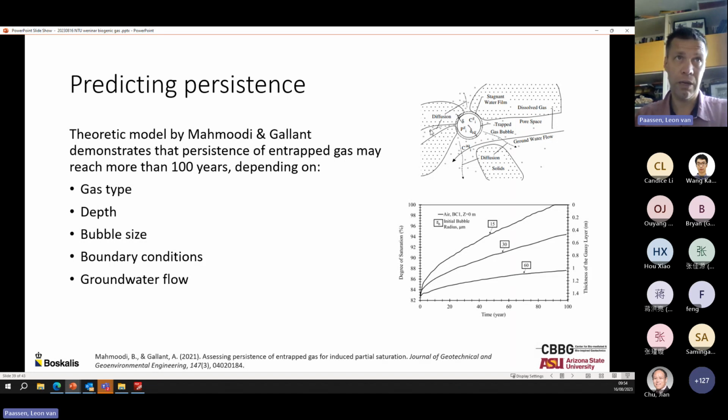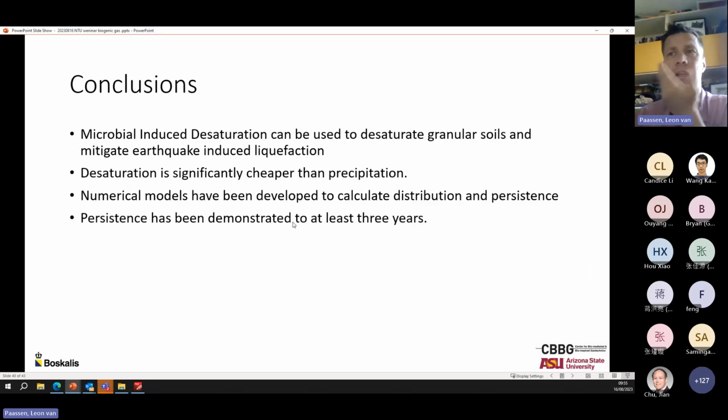With this model, again a reactive transport model, they could demonstrate a persistence of reduced degree of saturation for multiple years, up to 100 years, depending on other things like the gas type, the depth, the bubble size, boundary conditions, and the amount of groundwater flow in the system. So we're moving forward towards getting a better understanding, and also more theoretical backing, of how persistent the gas is under different conditions. So with that, I'd like to conclude